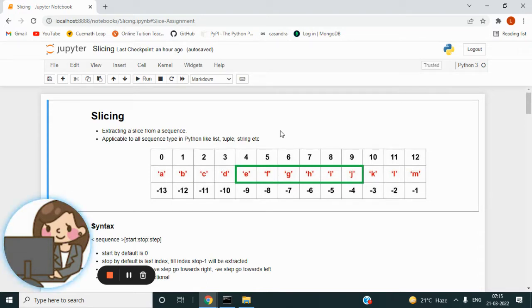Slicing is one Pythonic feature which is very useful. It is one of the most useful features in Python. It helps us to extract a slice from a sequence and we can do many manipulations based on that slice. It is applicable to all Python sequences like list, tuple, string, even the range object that we generate